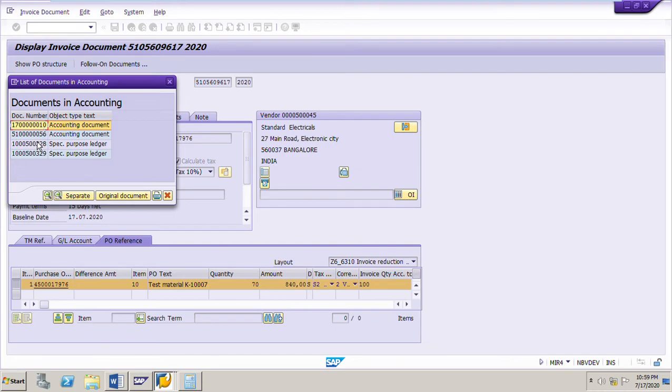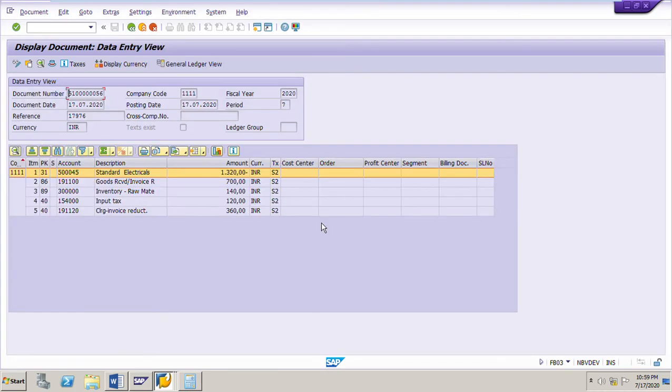Okay, let me go to the accounting document of the main invoice document. So here we can see the total amount we have cleared to the vendor 1320, and GRR clearing account for 70 pieces at PO price 700 rupees, and the difference between the amount we have cleared to the vendor 70 times 12, it is 840. 840 minus 700, which is 140, is updated to the stock account because the material is valued at moving average price, and this is the input tax.